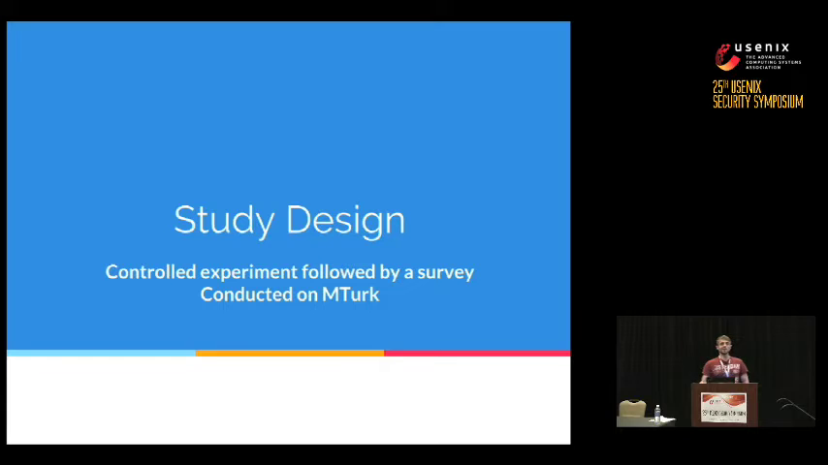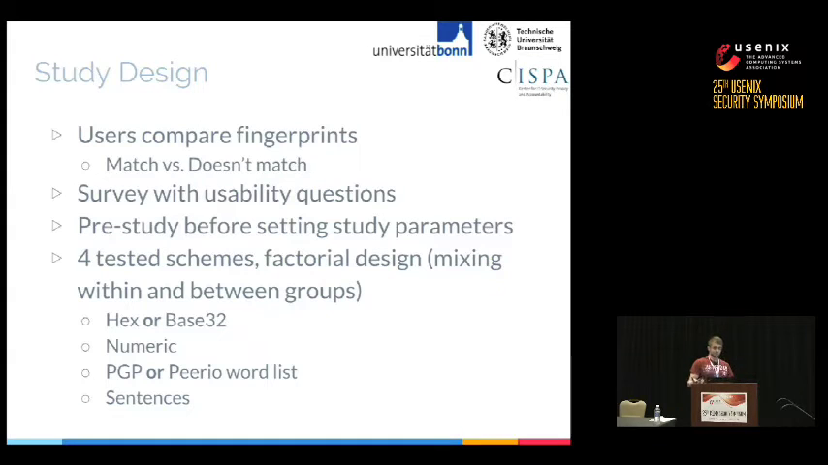The study design was then done on mTurk, as a controlled experiment where the user had to perform a task to test those fingerprint algorithms. This was followed by a survey where we asked the user for usability feedback, what he thinks about those approaches and so on. The main task is basically that users have to compare fingerprints: they get two fingerprints and say whether they match or don't match. After performing all the tasks, they are asked to fill in a survey where we ask usability questions and get